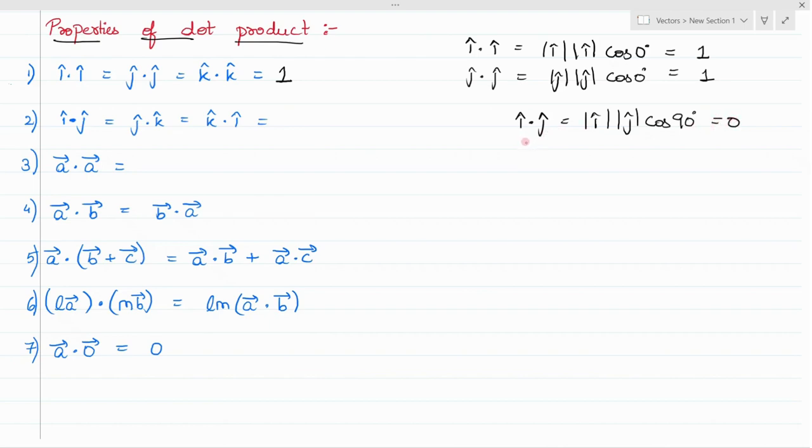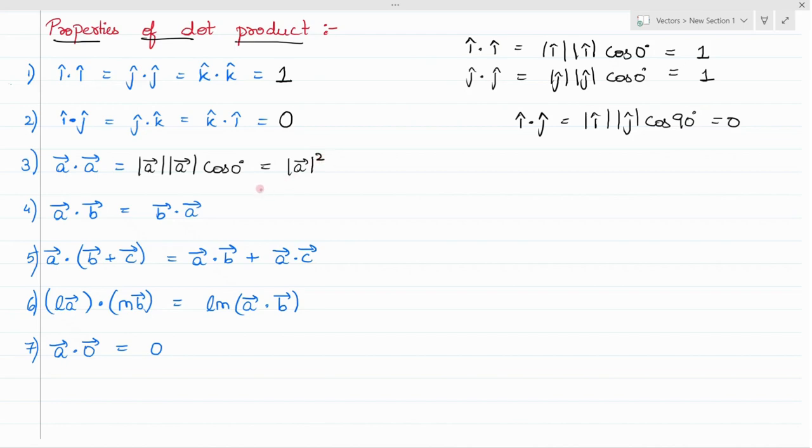Similarly, j cap dot k cap will be 0 because y and z vectors are perpendicular to each other, and z and x-axis are also perpendicular to each other. The output will be 0 here. And what is a vector dot a vector? It means magnitude of a multiplied with magnitude of a, again, these two are the same vector, so it becomes cos 0. So the output will be